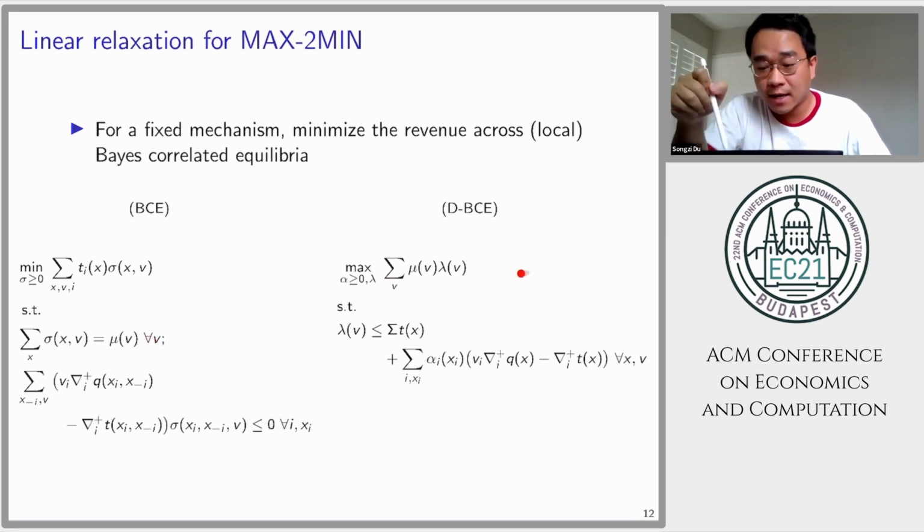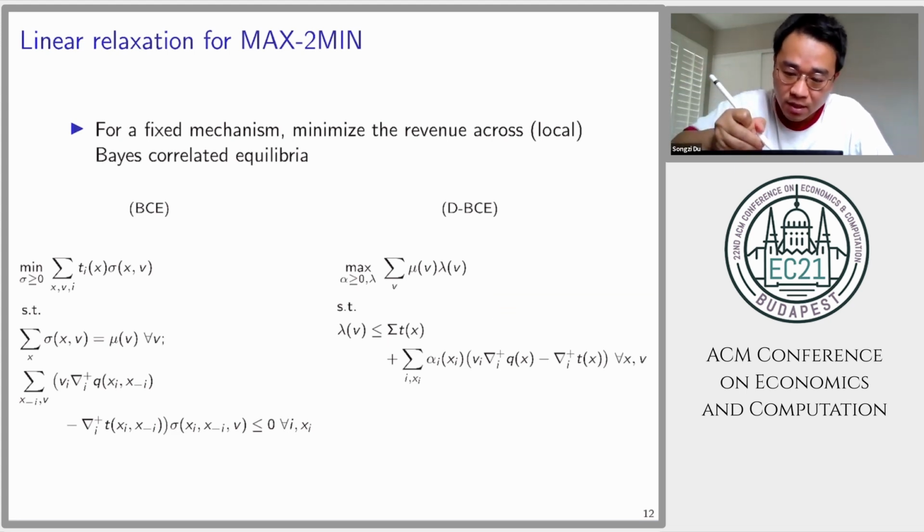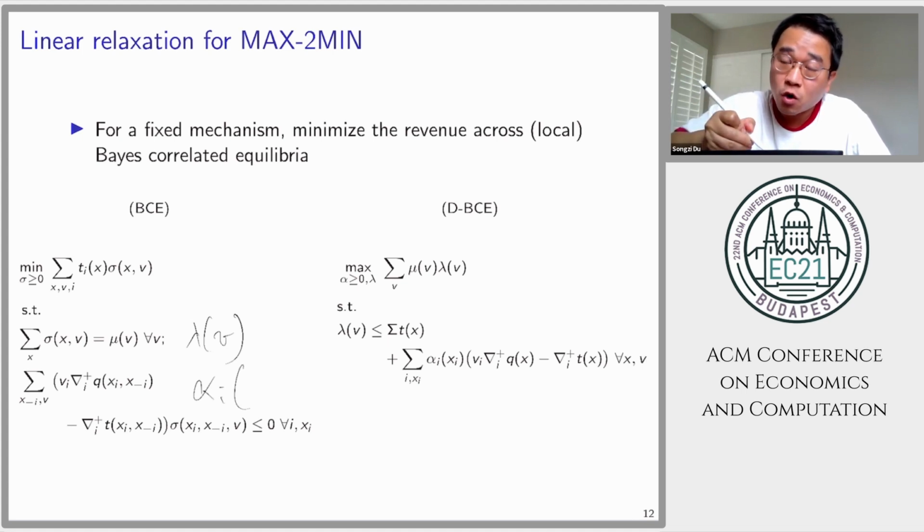Okay, so a standard construction is just to go to the dual of this problem. So lambda, the dual variable for the marginal constraint, let's call that lambda. And the multiplier on the local obedience constraint for each Xi, let's call that alpha. Okay, so it's straightforward to work out the dual of this minimization across local BCE problem, and it takes